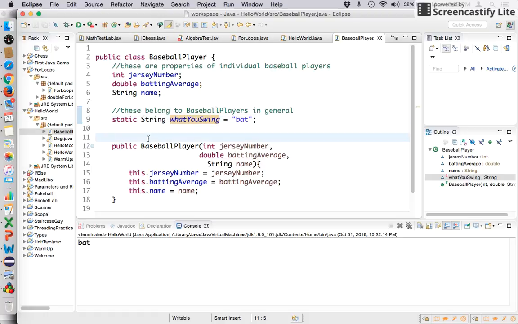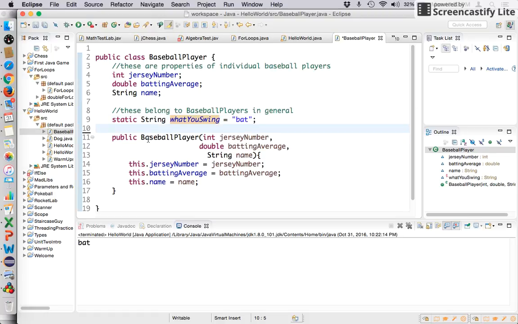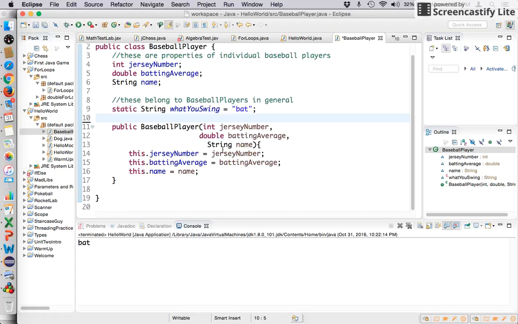So what is a static method then? Well, let's stick with this, right? You can think of static methods in the same way that you think of static variables. It's not a method that a single baseball player would have. It's a method that the entire baseball player class would have, or that all baseball players have. So when we make static methods,